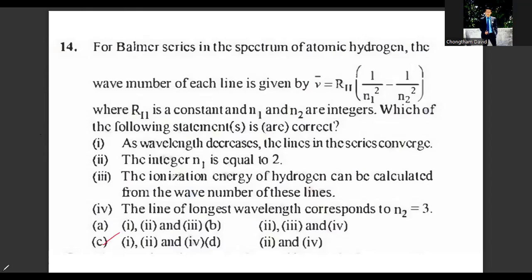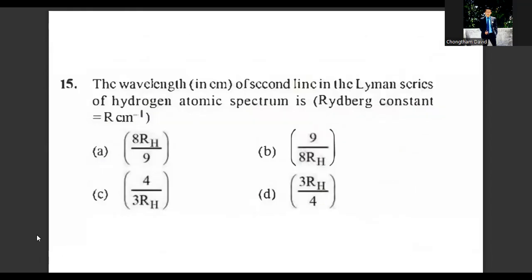Moving on to the next question, question number 15. It says the wavelength of the second line in the Lyman series of the hydrogen spectrum is, Rydberg constant is given as R. So you have to use the Rydberg formula,